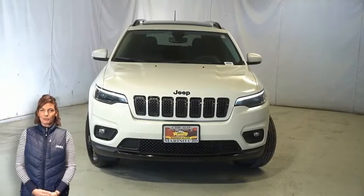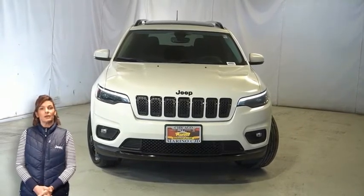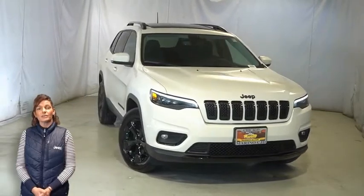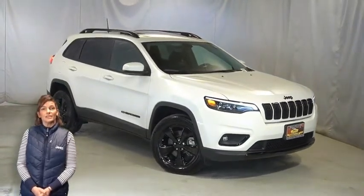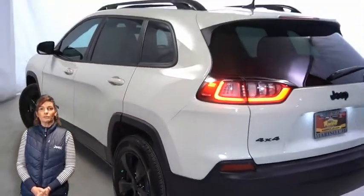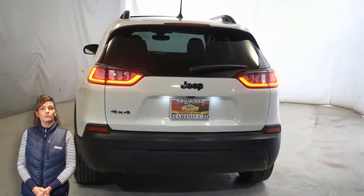Looking for a highly equipped compact SUV with all the right options and reliability? We'll take a look at this certified pre-owned 2019 Jeep in pearl white with LED headlamps, front LED fog lamps, 18-inch aluminum wheels, power heated mirrors, rear window wiper and washer, 8-way power driver's seat, steering wheel mounted audio controls,